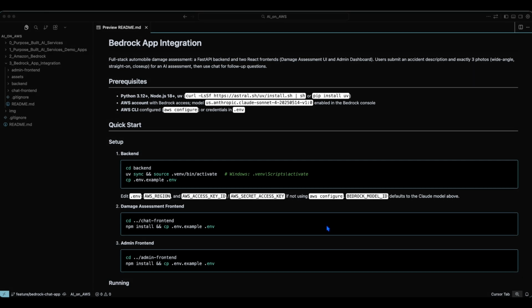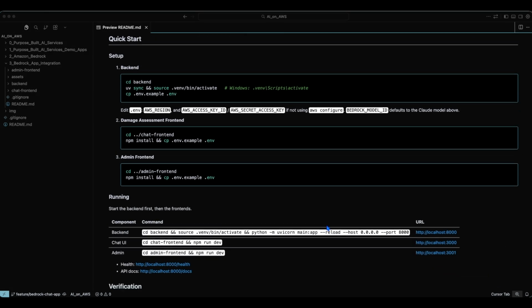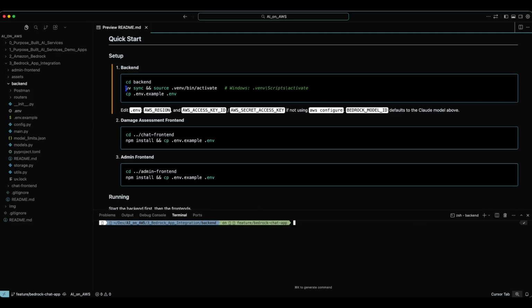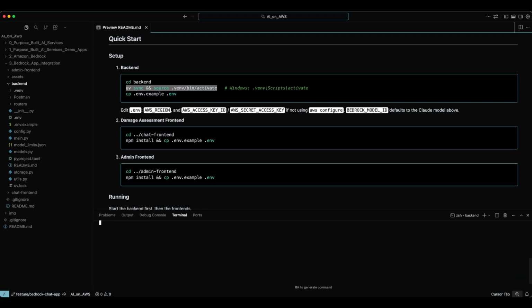First of all, in the README, we see a quick start guide for initializing the app. So I'll open a terminal in the backend folder, then run the UV sync command and activate the virtual environment. Next, I'll create the .env from the .env example file. And then looking at the .env file,